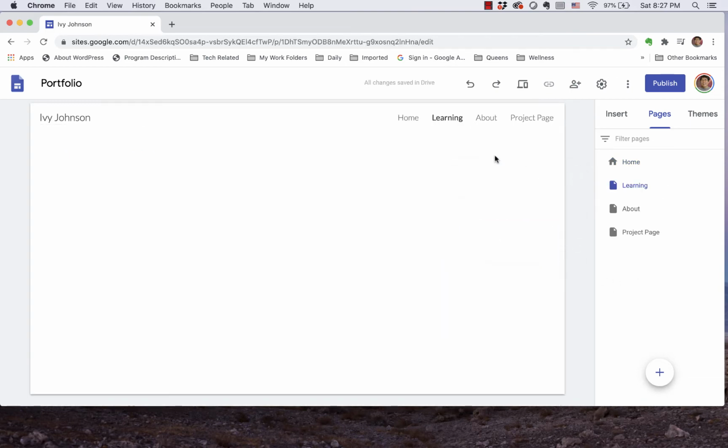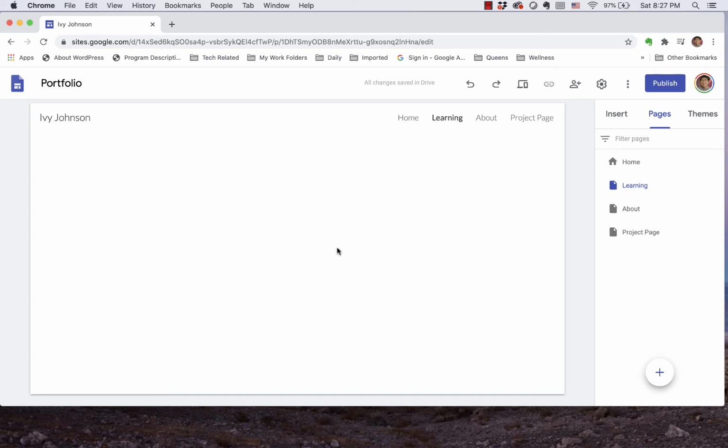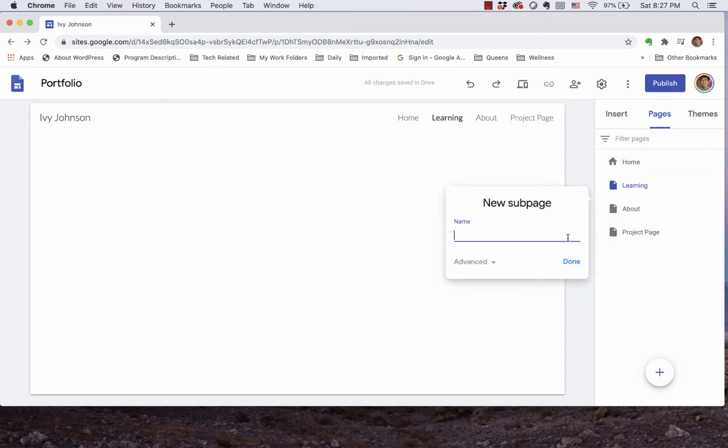Now you can see this Learning showed up as a menu item, and it also gave you a blank page there. Next, I want to create two subpages underneath Learning as sub-menu items. So if I hover my cursor on Learning, you can see those three dots on the right. If I click on those, it gives me a list of choices, and in this case I want to add a subpage, and I want to call this page M1, that stands for Module 1,